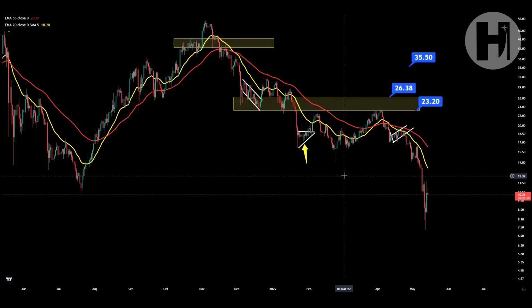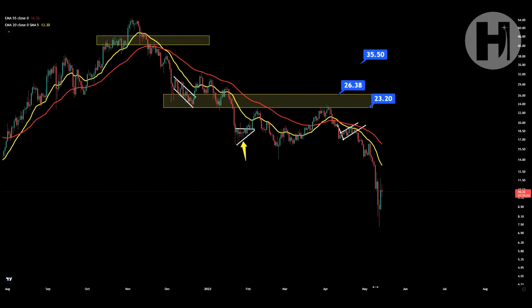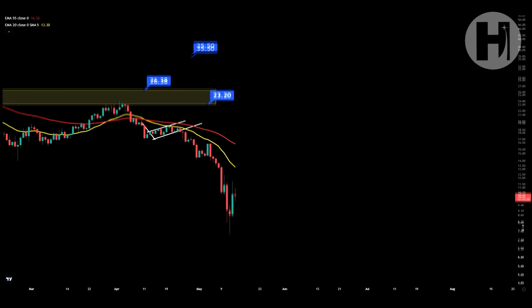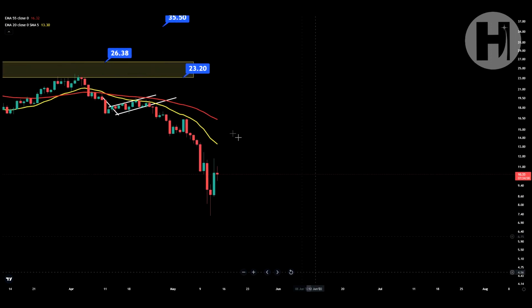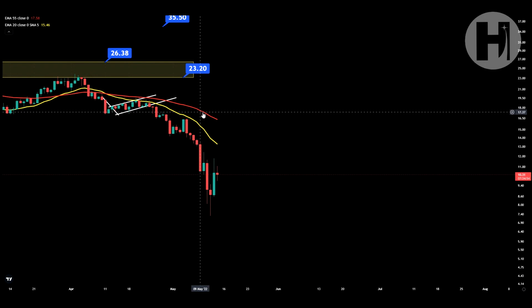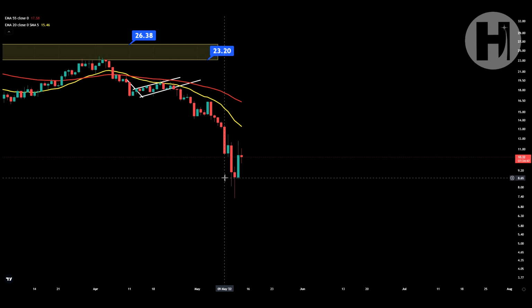Now, jumping into the daily chart, this is TradingView against Tether USDT. And you can see that we are pretty overextended here. If we just start zooming in on the daily chart, you can see we have the 20 EMA, which is the yellow line. We have the 55 EMA, which is the red line. And as you can see right now, we are very overextended to the downside, and seemingly